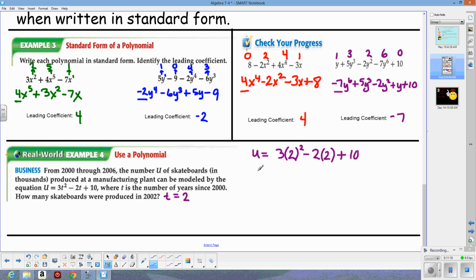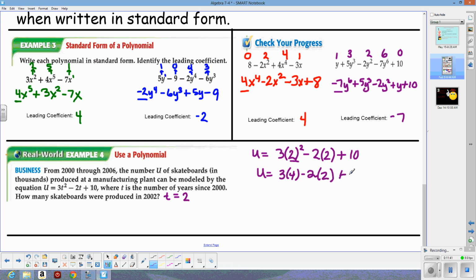Now we're going to go ahead and just use order of operations to solve this. One common mistake I sometimes see students make is they would multiply the 3 times 2 together first before squaring it, but there isn't parentheses around the 3 times t, so it's not the whole thing, it's not the product squared, it's just t squared. So we're going to go ahead and do that first. 2 squared is 4, so this is going to be 3 times 4 minus 2 times 2